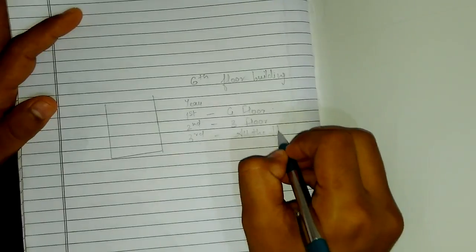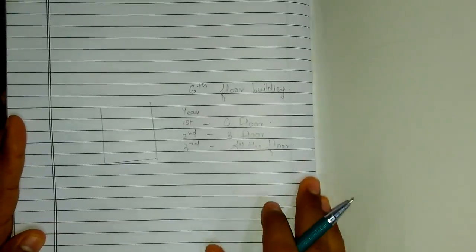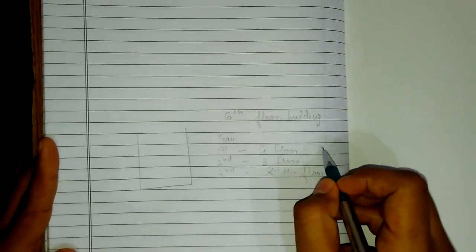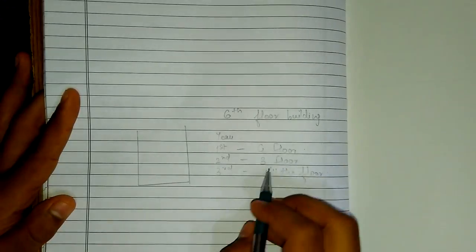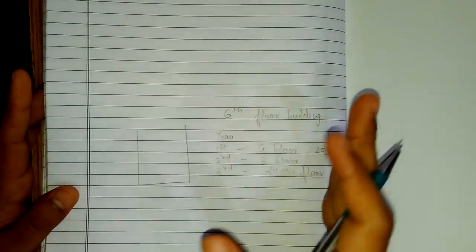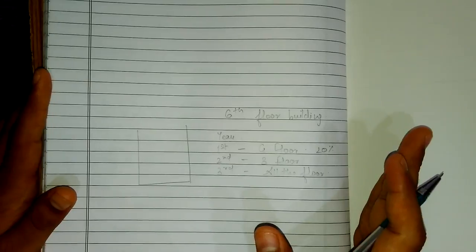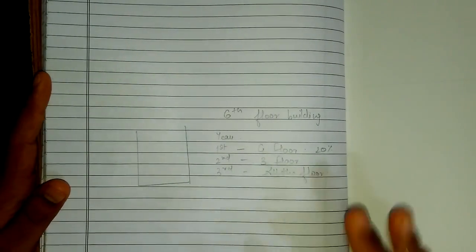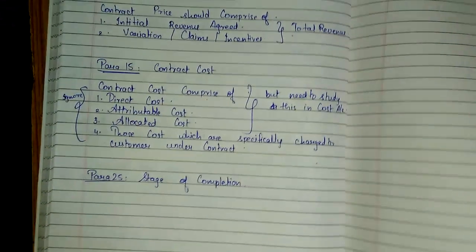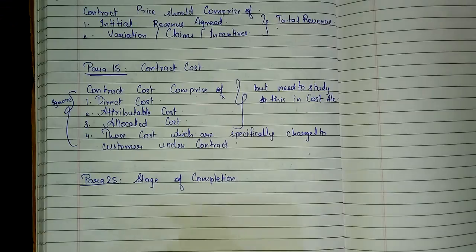Okay. So how will we ascertain the percentage of completion? So stages of completion are given. How will we ascertain the revenue that we have to pay to the contractor? So if he has completed in the first year till the ground floor, assuming he has completed 20%, we have to pay 20% of the revenue or so. How to do that we'll understand when we further study construction contract. We don't need to exaggerate on it more, we just need to write this first, then later on we'll see it again. Stages of completion,